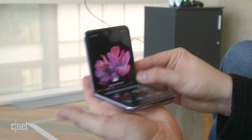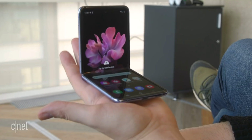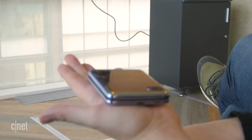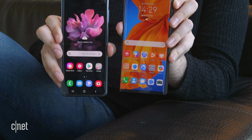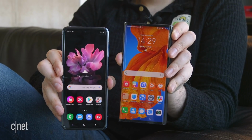Now, Samsung Z Flip, yes, it's a much neater little device, but it's just a phone. It's only one device. There's no secondary functionality. It doesn't fold into a larger screen to let you do other tasks when you're out and about. It's just a phone, which might be a little bit more easy to put into your jeans. Now, that might be absolutely fine if that's what you want, basically a big phone which is easier to store, but at £1,300 you're paying a lot of extra money just to have a slightly more compact phone,